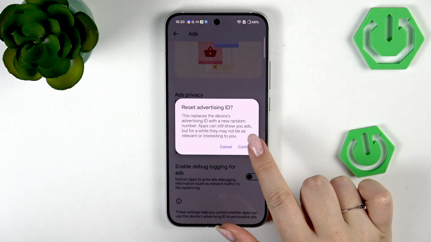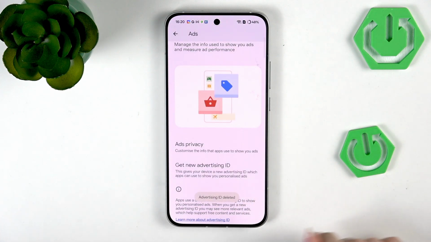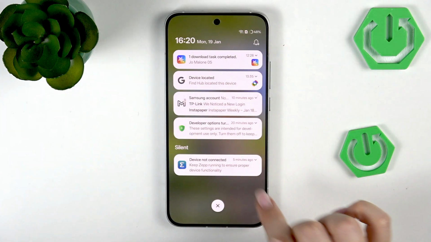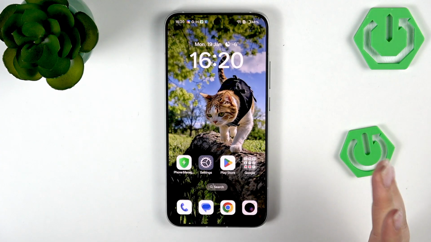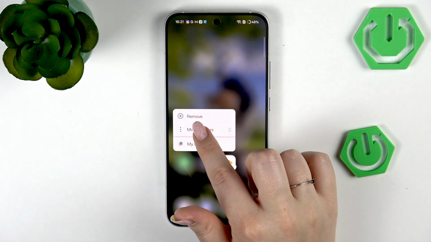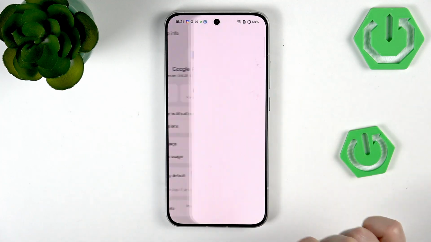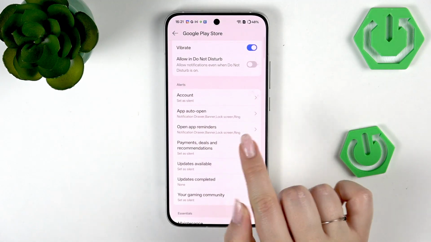Simply start with tapping on reset advertising ID, tap on confirm, and then delete advertising ID, and your device will remove it. Another thing you can do, if you've got the app which is showing you advertisements in this notification panel right here, is turn off the notifications of this app. So let's pretend it is Play Store, in my case. Just tap on it and hold it, and then tap on more features and go to app info. So here we've got the option manage notifications,